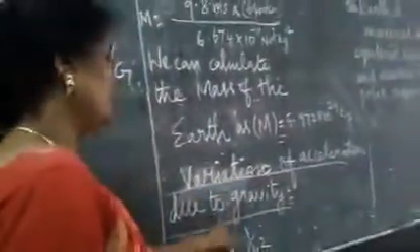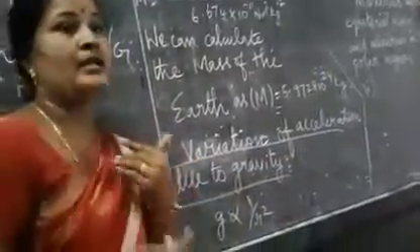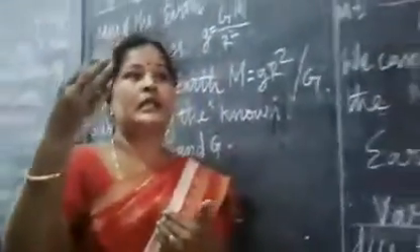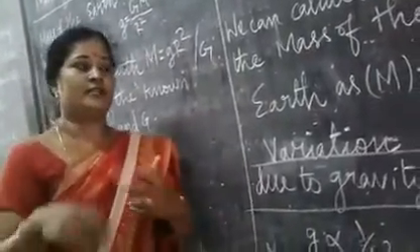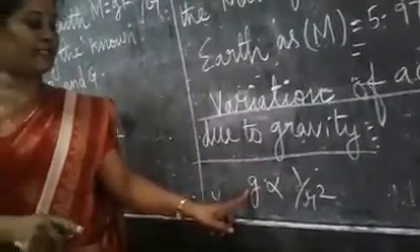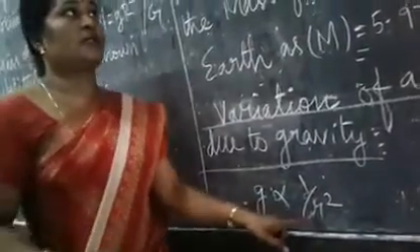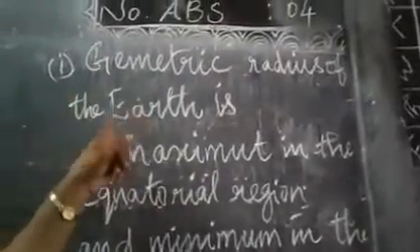So we can compare. Next we will study the variation of acceleration due to gravity. How does it vary from place to place? When a person moves upwards away from the surface, or downwards from the surface, the acceleration due to gravity changes. Small g, as I already told you, is inversely proportional to the square of the distance, the geometric radius of the earth.